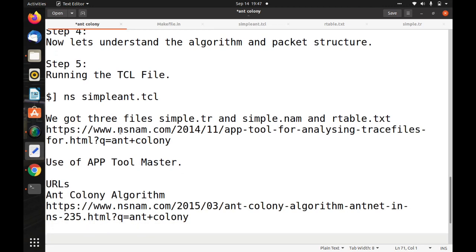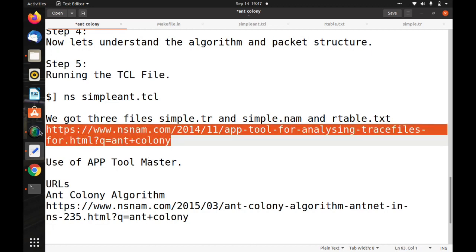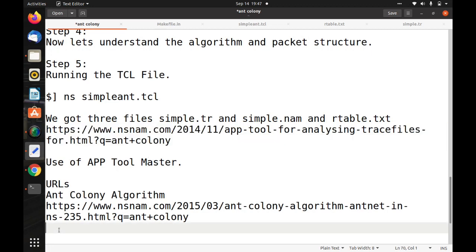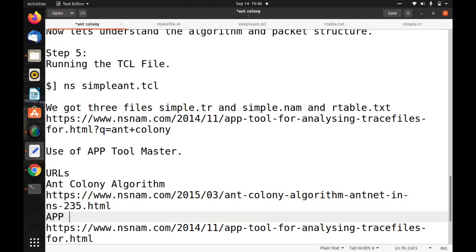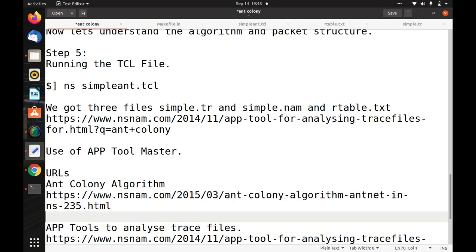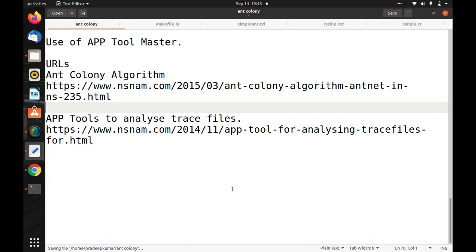Number second is app tool processing, the app tool to analyze trace files.